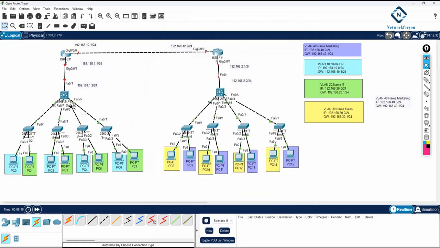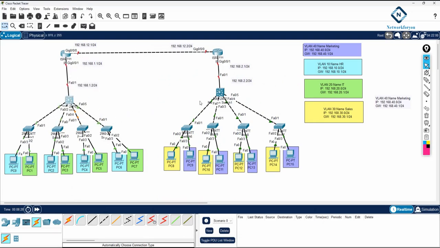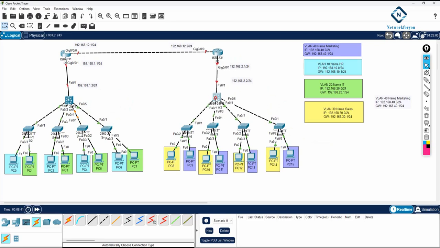So first let me change the name of the switch here. If you see this name, like here if you move, this is the name of the switch. So we will write here multi-layer switch 1. Okay, I will copy this name so we can give this name to the other switch also. So I will put multi-layer switch 2, and then this is switch 1 normally, this is switch 2,